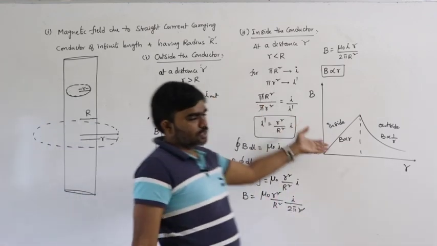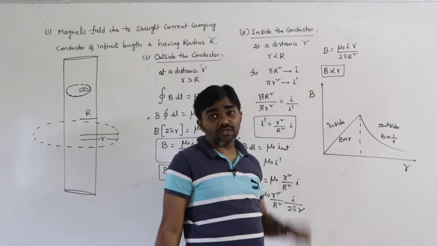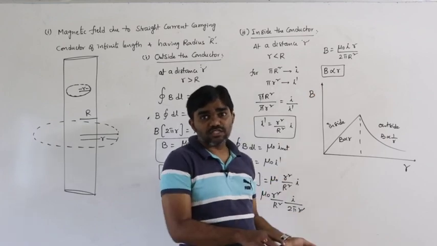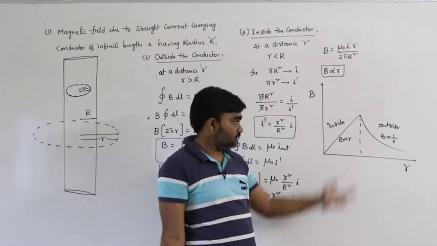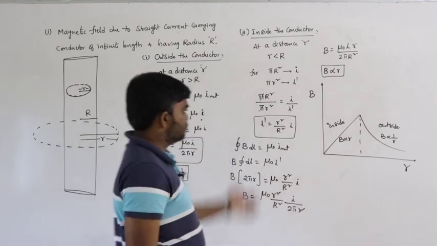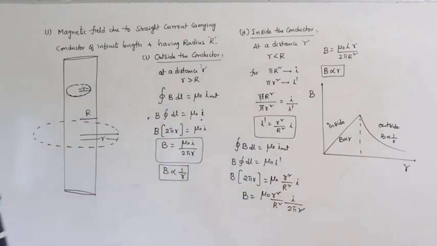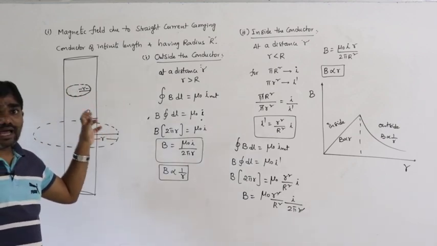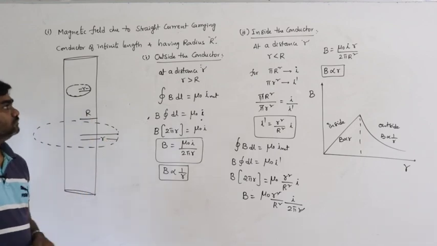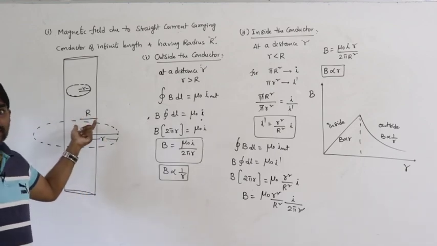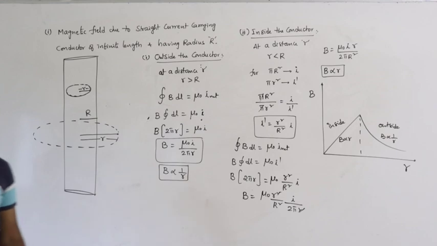Already we come across this type of graph in electrostatics. In gravitation also, variation of g inside the surface of the earth and outside the surface of the earth, same graph. So this is variation of the magnetic field outside and inside the conductor in case of a straight current carrying conductor having certain thickness, and it is a solid current carrying conductor. If it is the hollow current carrying conductor,